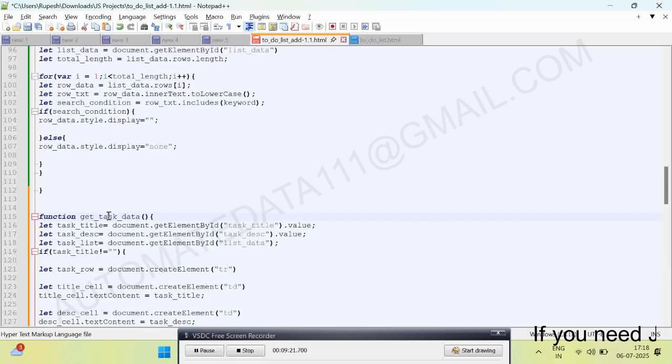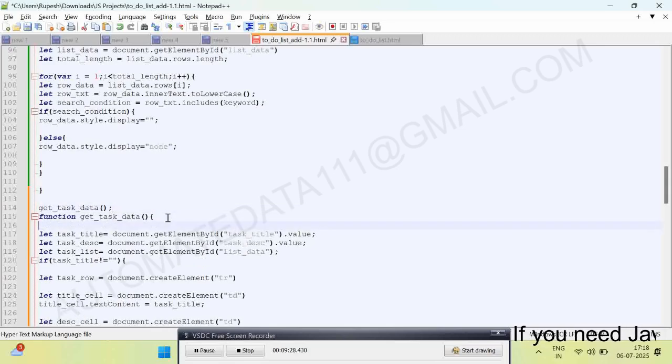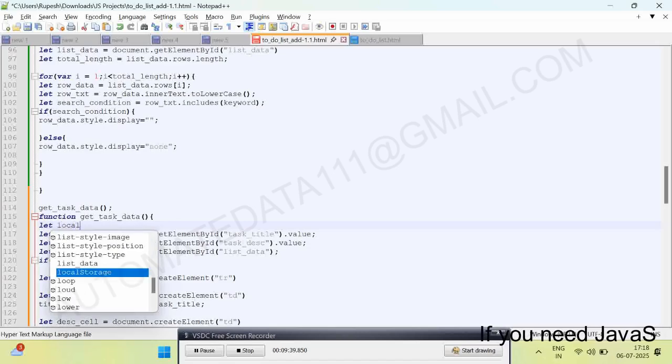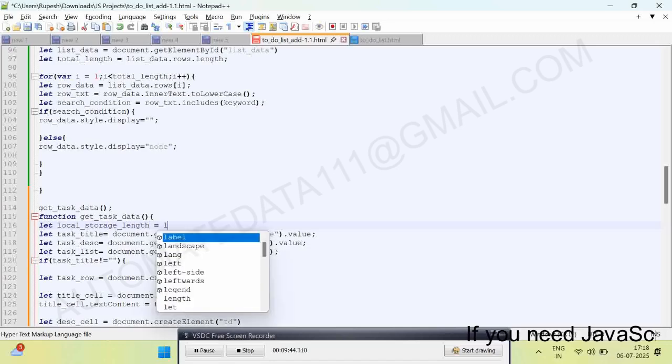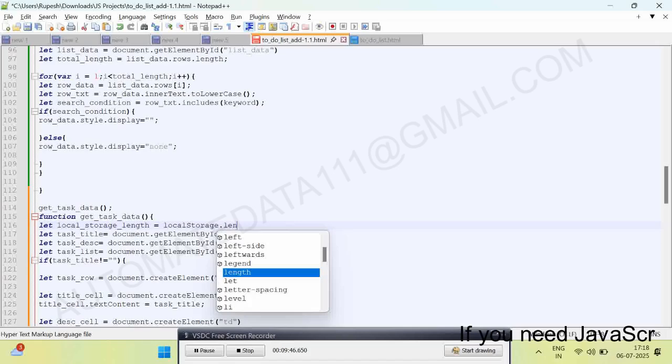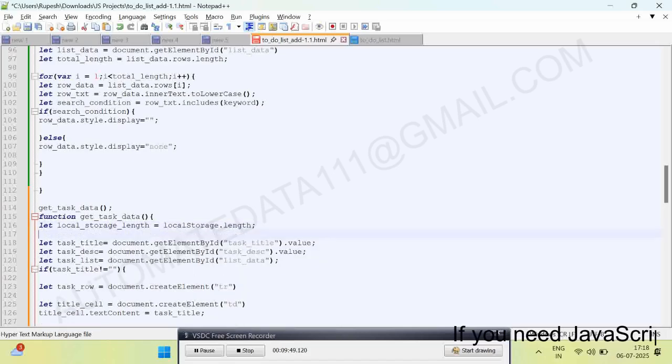For that I am just putting here a function. So now the task title is there. First of all, we need the length. We need to find out what is the total number of rows in the local storage table. For that we can just put here localStorage.length. So we will get the length of the local storage table. And the second thing is what here,